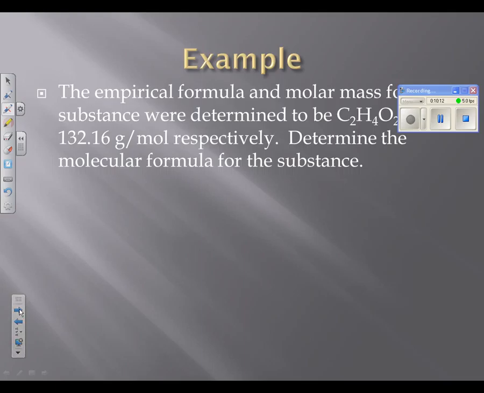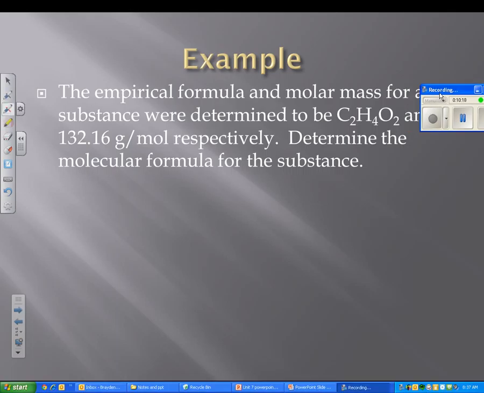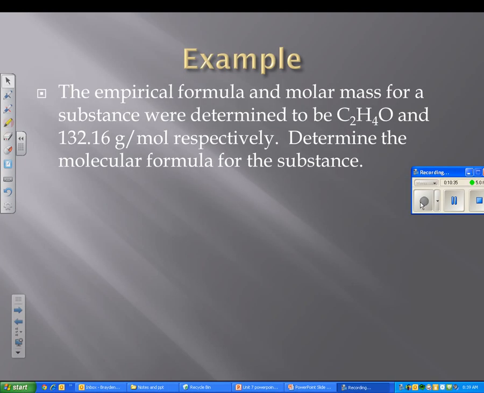So here's our practice problem. If the empirical formula of a substance we determine, here's your empirical formula, C2H4O, and here is your molar mass for that. Determine the molecular formula for the substance. Alright, so now I have an empirical formula, C2H4O, and a molar mass of 132.16. Determine the molecular formula. Okay, so first thing we got to do is find the molar mass for our empirical formula. C2H4O gets a molar mass of